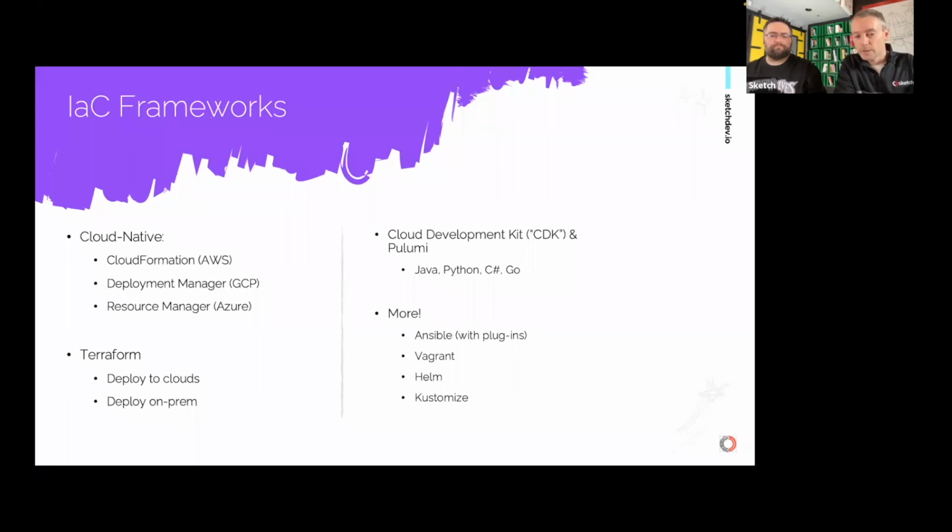There's also a newer framework that's really gaining a lot of traction in the industry. There's two of them actually. One's called CDK, it's Cloud Development Kit, and Pulumi. And the reason these two are gaining so much traction is, unlike the other two that I was just talking about, these cloud native ones, which typically use YAML or JSON as the